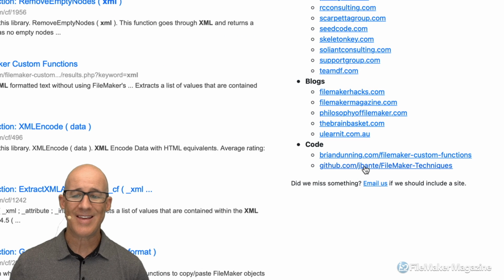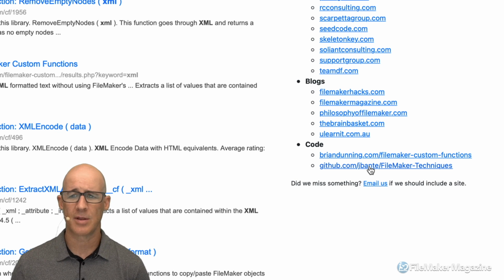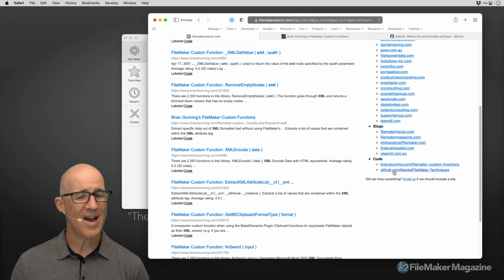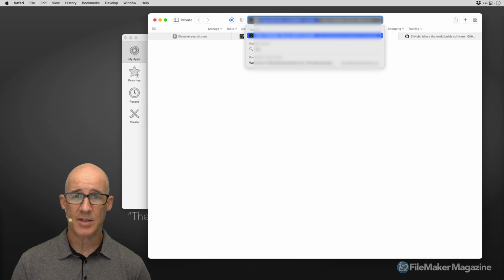For example, GitHub. Now, Jeremy Bonte created a fork of a repo that I started on FM Standards. I should put FM Standards in the search engine here, which I haven't done yet. But GitHub is a place where you can also search for some FileMaker code. Now, there's not going to be a whole lot of it because there aren't a lot of FileMaker developers that actually release code on GitHub, but that reminds me, let me bring up, I'm in the process, actually, as of the shooting of